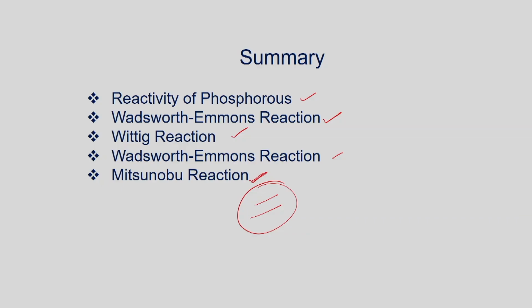Then we have seen one recent application in the preparation of optically active alkene, where we are using a copper(I) chiral complex as the catalyst. So as you can see here, these organophosphorus compounds have broad utilities in organic synthesis, and with this we conclude this lecture. Thank you very much.